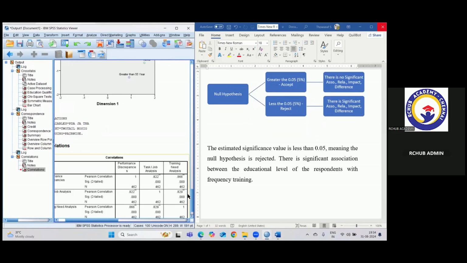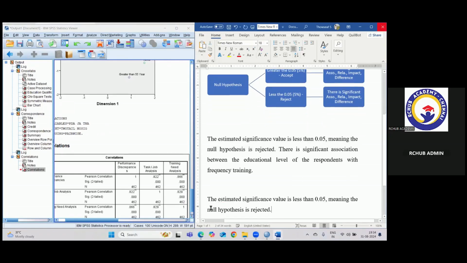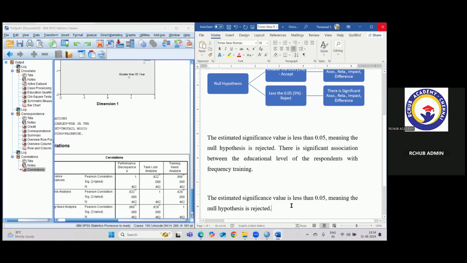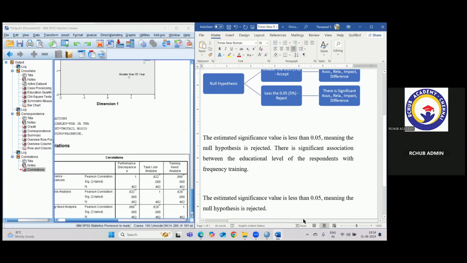So here it's 0.866 and 0.829. So how to write? We can write it as: the estimated significance value is less than 0.05, meaning the null hypothesis is rejected. Therefore, there is a significant